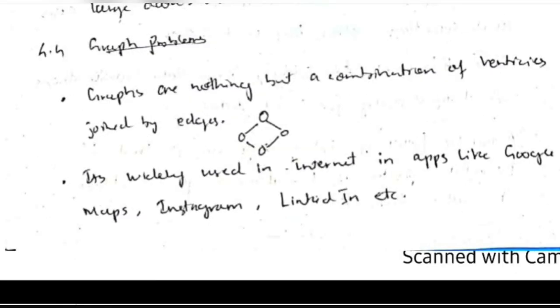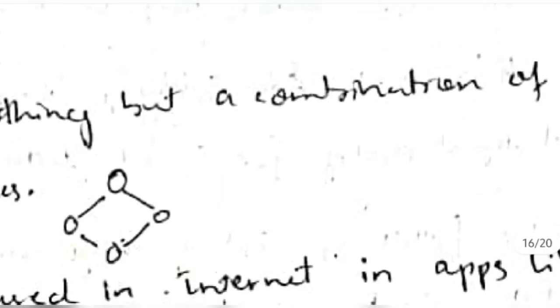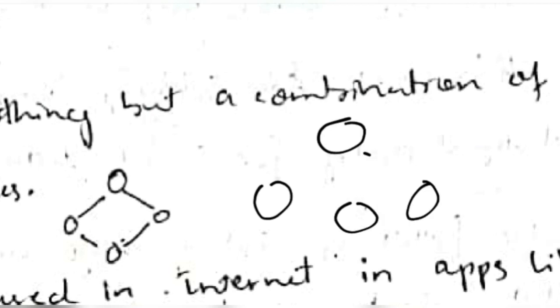Okay, graph problems. It's mainly used in social media apps like Instagram and LinkedIn, and also in Google Maps. Now what's a graph? Basically it means a group of nodes which are interconnected. So how can it be used in social media? See, in social media apps there are many users, right? So how those users are connected with each other, and due to that the sharing of data is possible